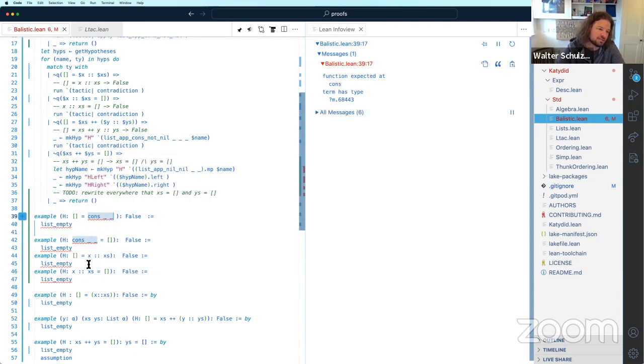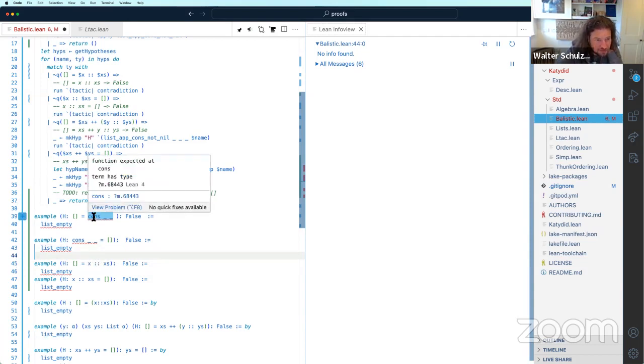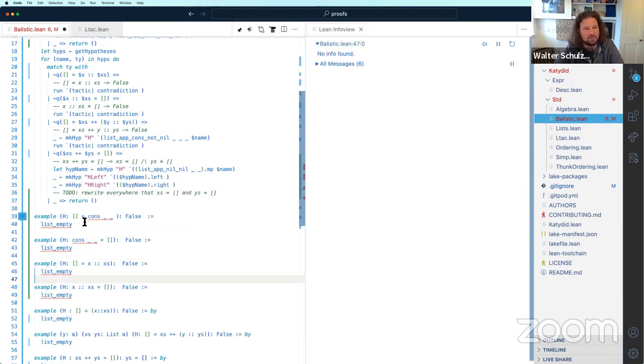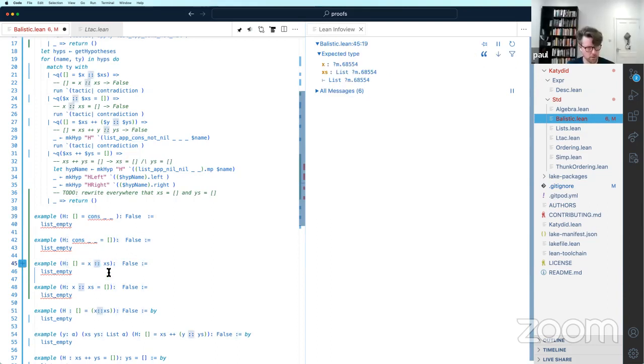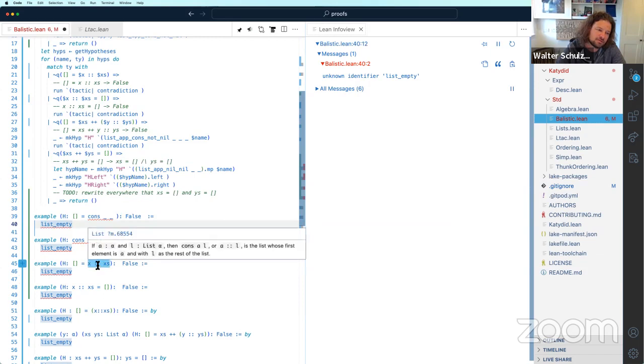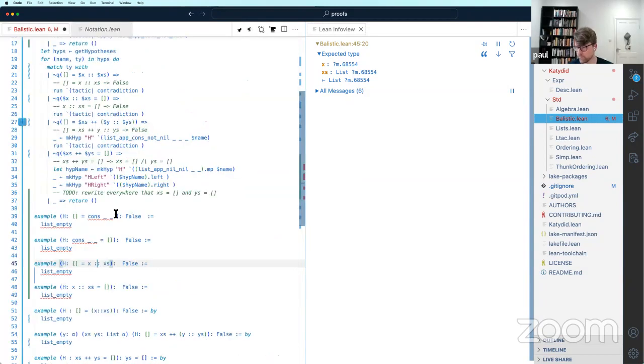These two are kind of the same as these. It was just for the syntax versus the non-syntax version. Like if you wrote out cons versus just putting two colons, there's a cons function. So I wonder, is there a cons function? There should be. List.cons. Yeah, okay. List cons.